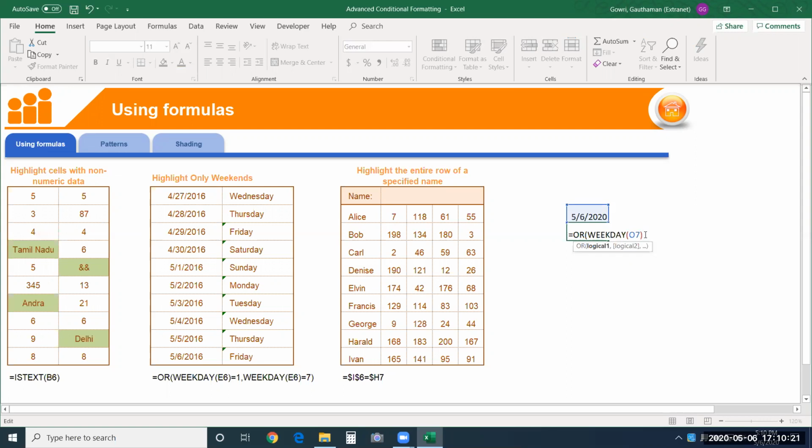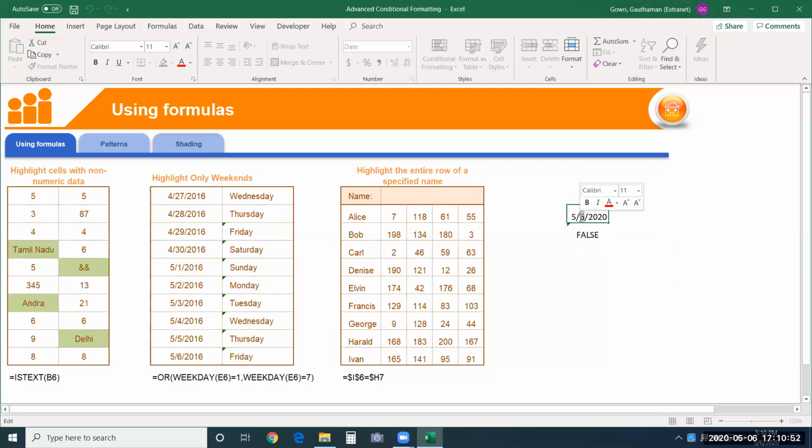I'll say this should be equal to 1, comma, again the next WEEKDAY function. I'll select the same cell. I'll say this should be equal to 7. If it is going to be either 1 or 7, this will show me TRUE as the answer. So let me give a value.